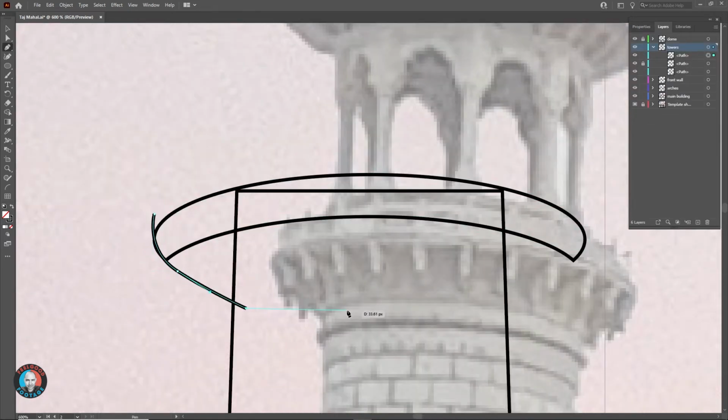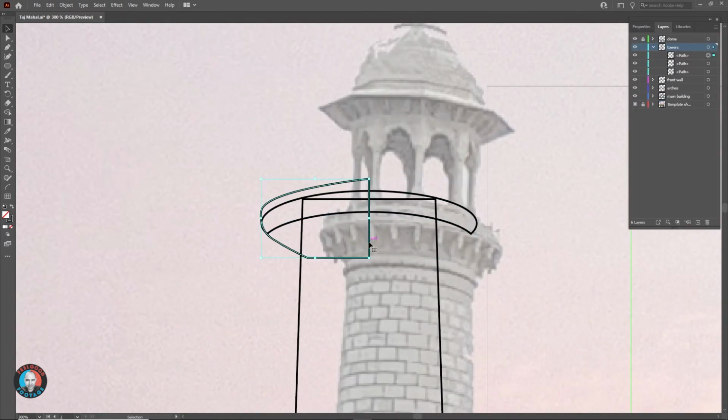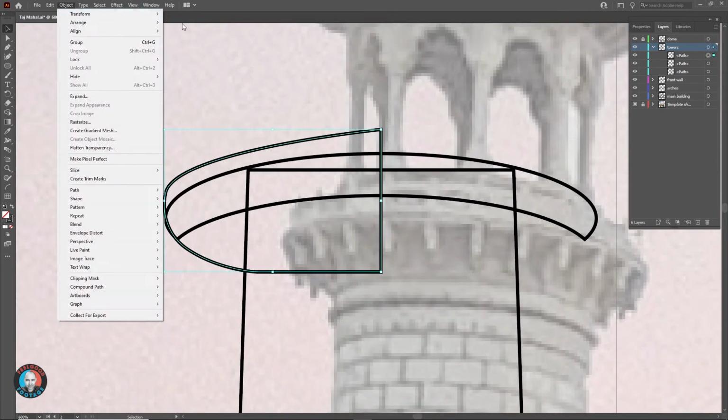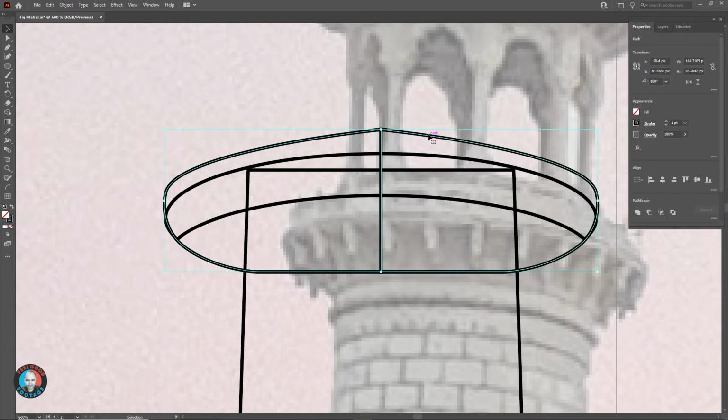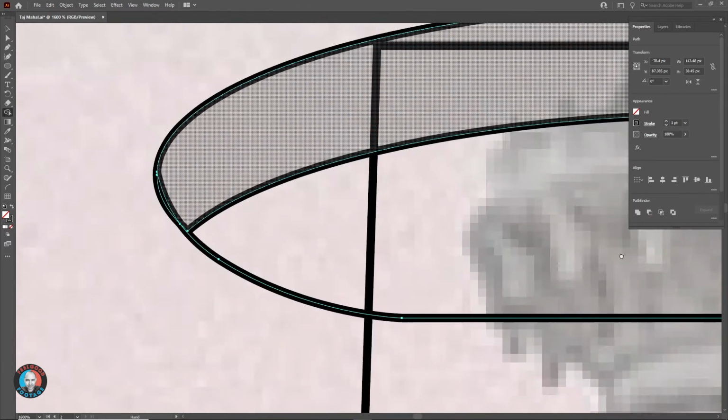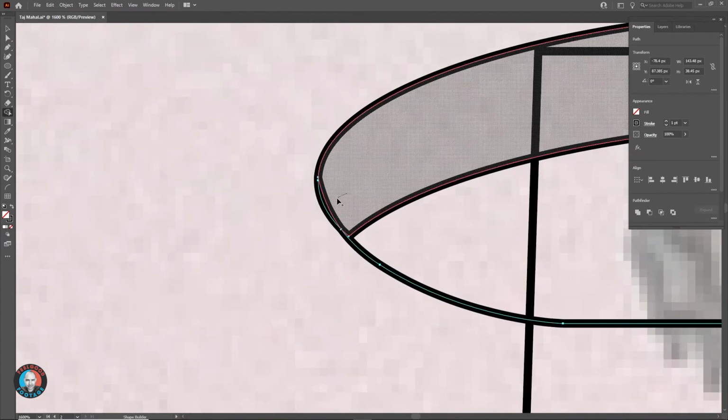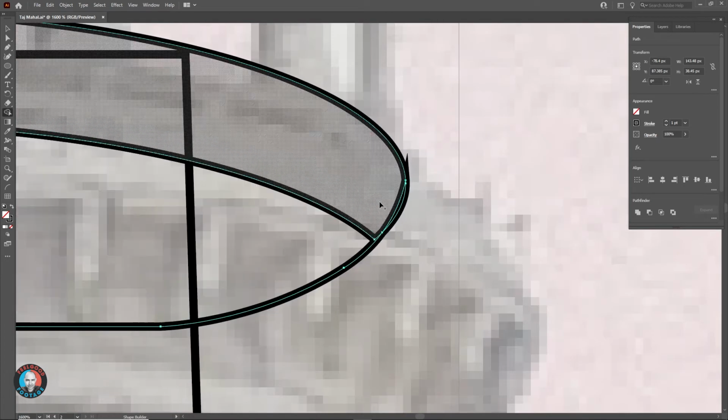I'll use the pen tool to draw one half of the lower part of the shape. Reflect and copy that, and join that with Shape Builder. Pressing Alt with Shape Builder allows me to remove the parts I don't want, while dragging will join the shapes I want to unite, which will smooth out the edge nicely.